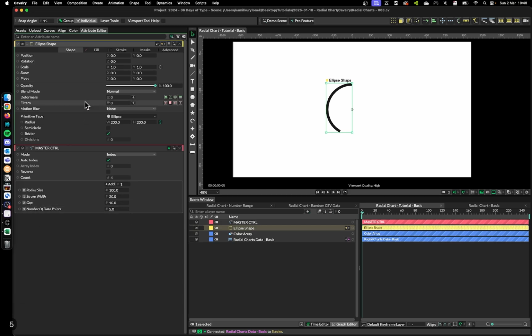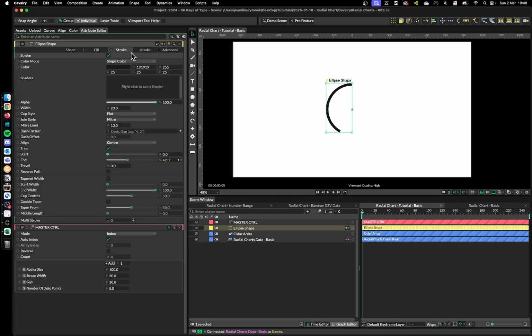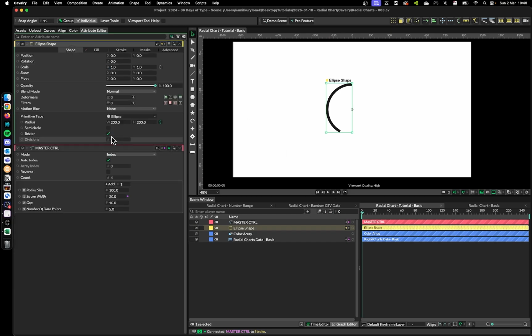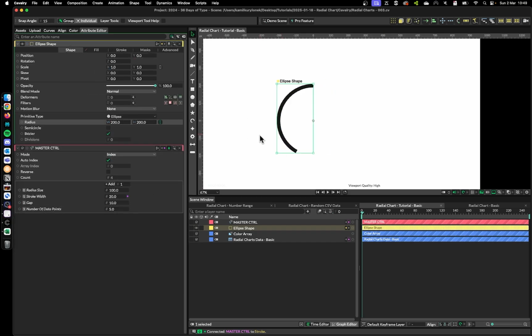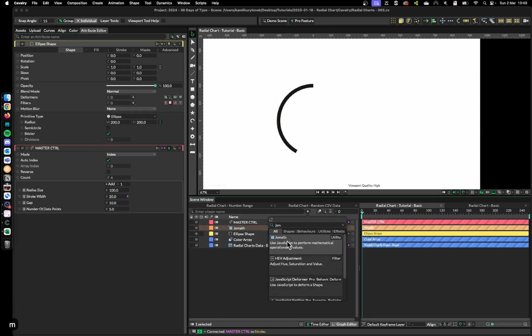data points for now. So let's go to the stroke tab, and I need to simply link the stroke width to the width. That's perfect. And go back to the shape itself. So to build this responsive rig, we need to affect the radius before we put this whole shape into a duplicator. So I need to add a JS math layer,